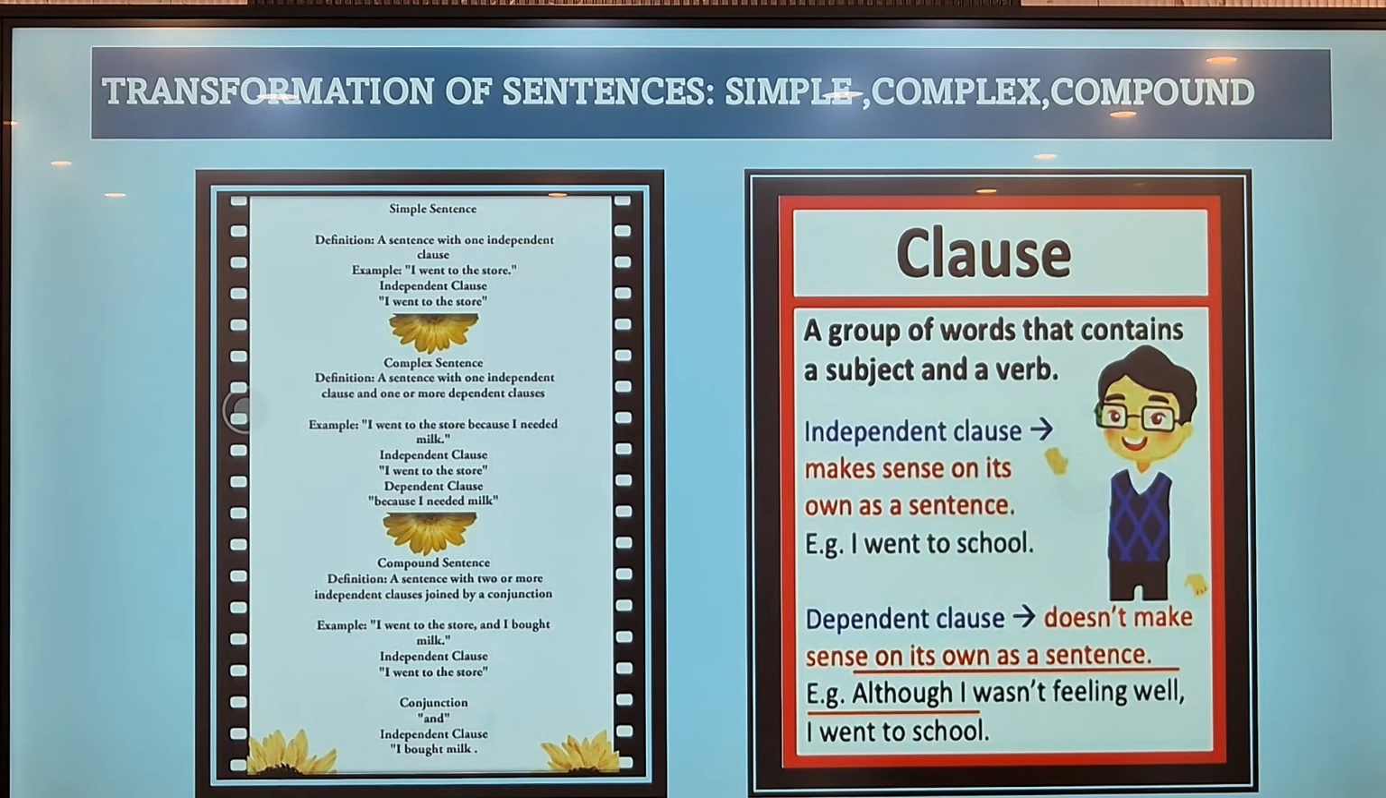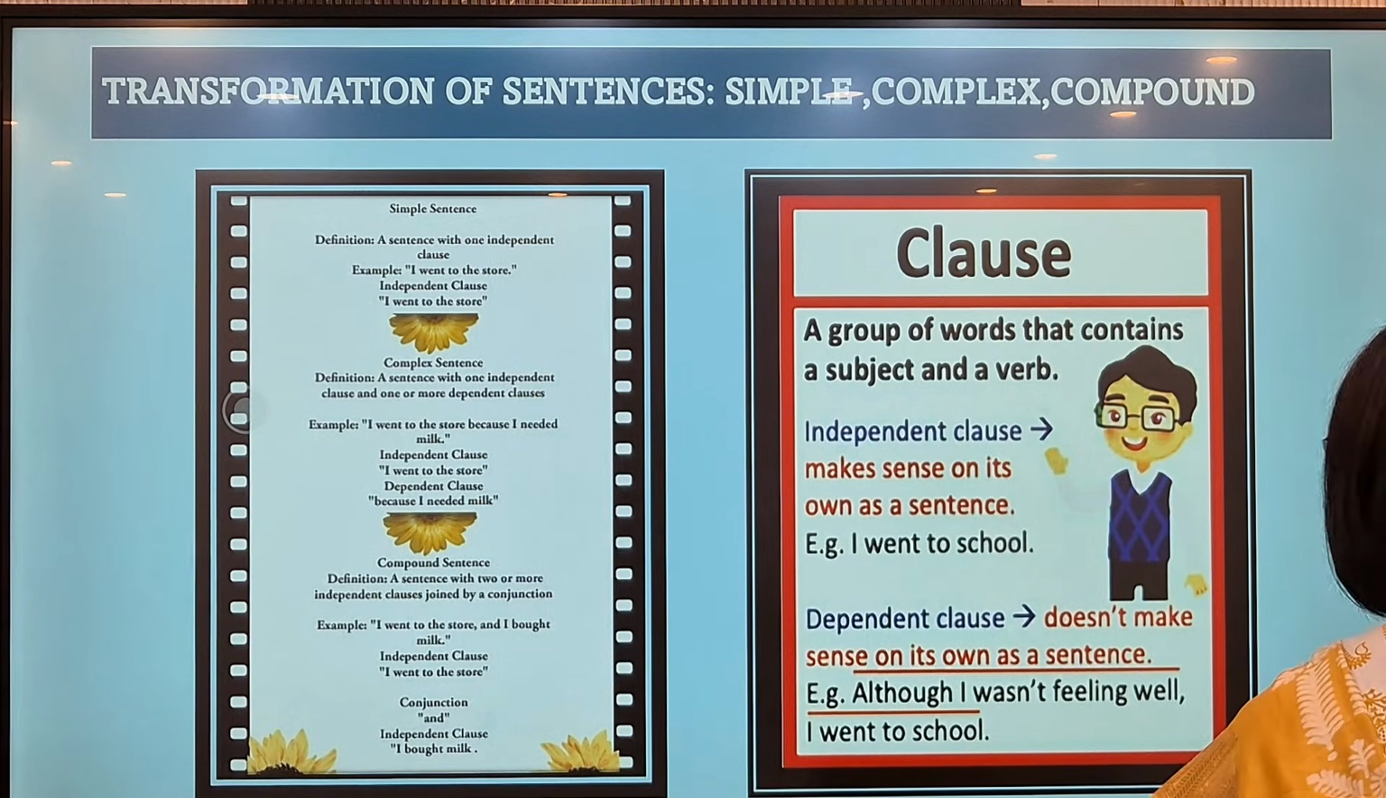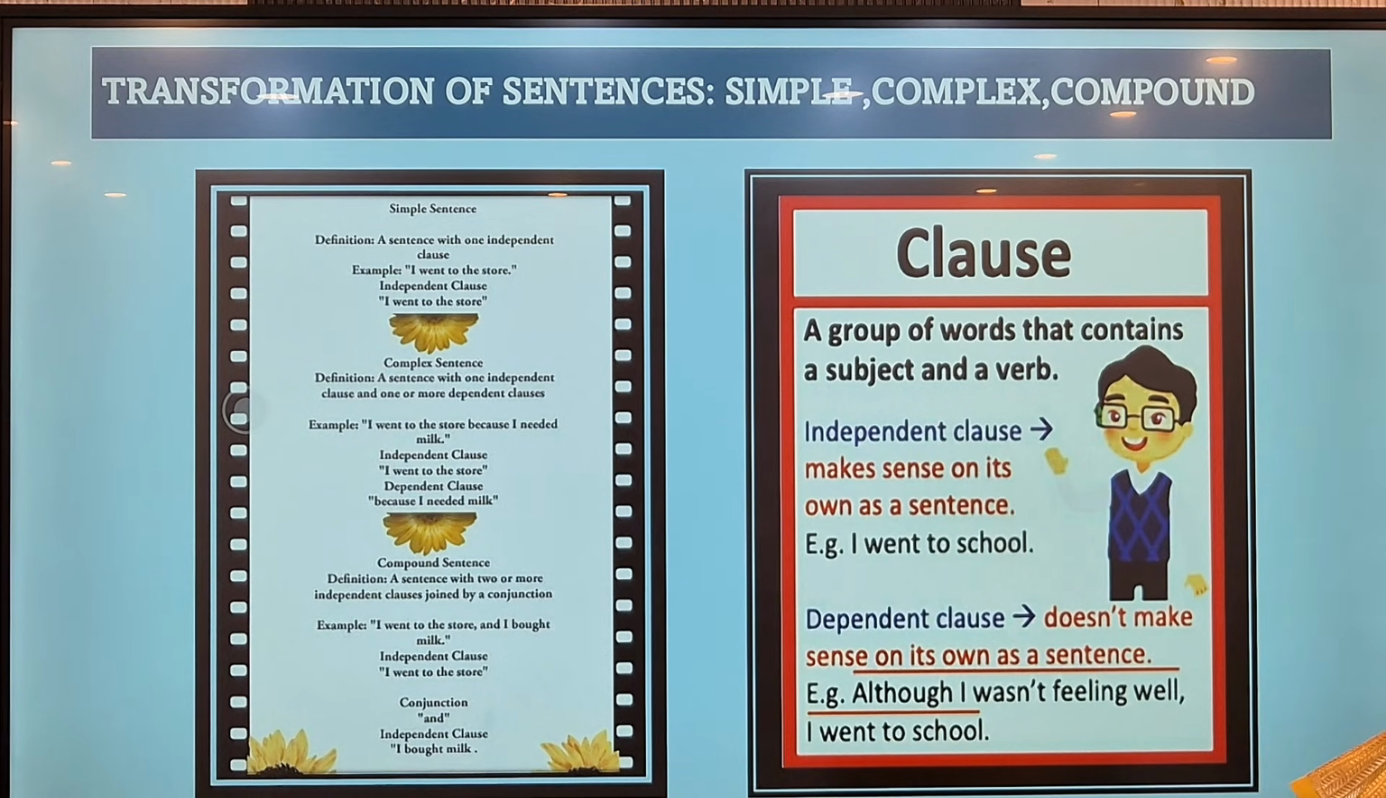So, for example, I went to the store because I needed milk. So, this is one sentence. Here, what is the independent clause? It is I went to the store, which is mentioned in the simple sentence category. So it's an independent clause, and then there is because I needed milk. So because I needed milk is a dependent clause, which depends on the first part of the sentence